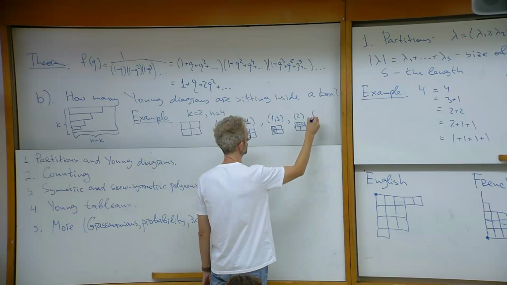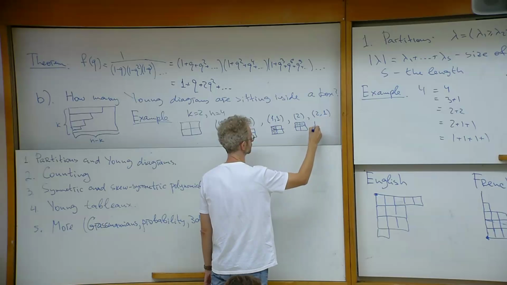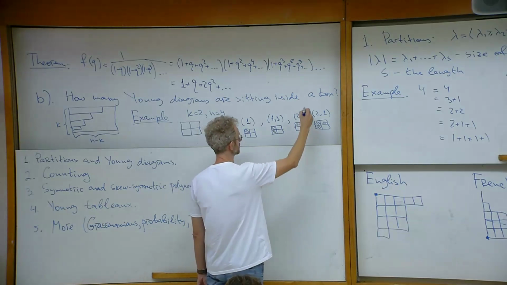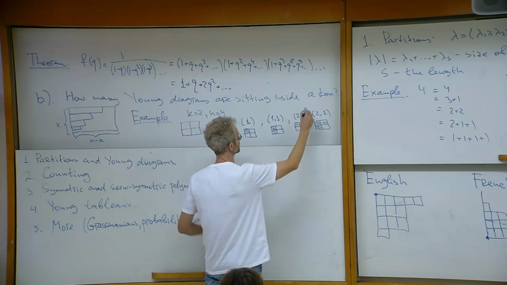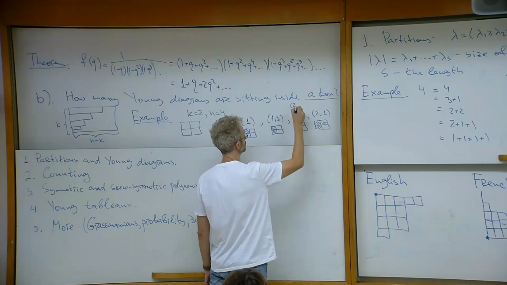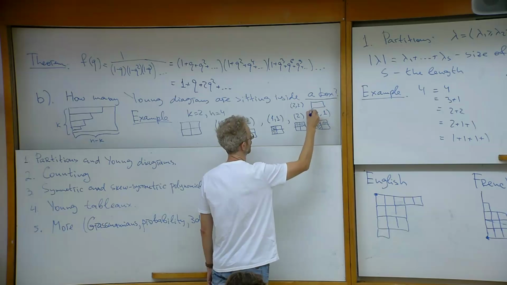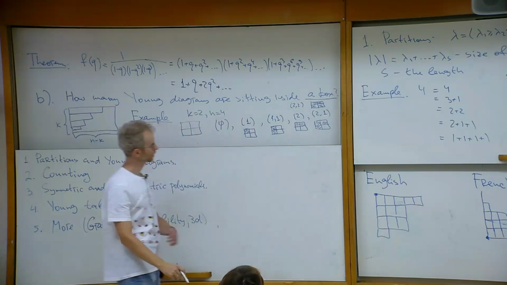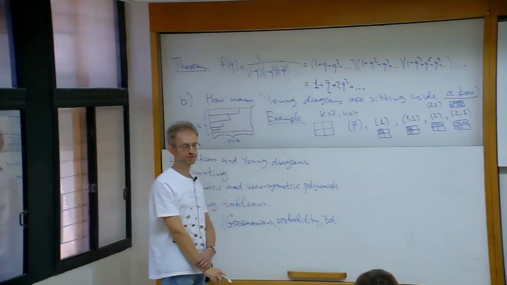Then there is 2, 1. And the last one, which is not fitting here, but maybe I'll put it here, sorry about that, is 2, 2. So in total we have 6